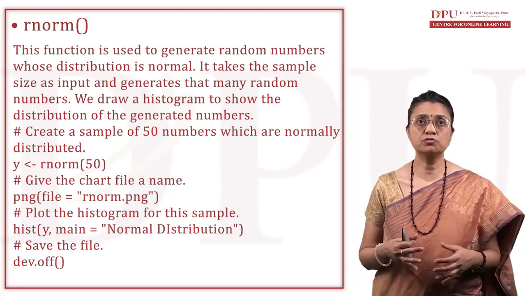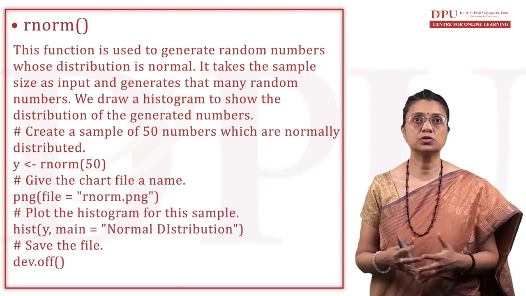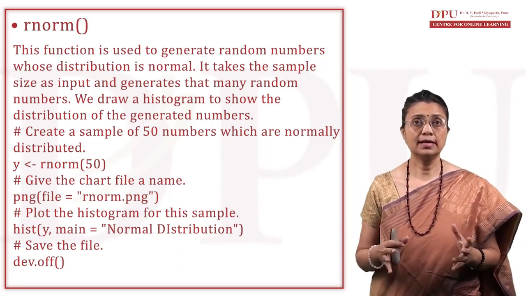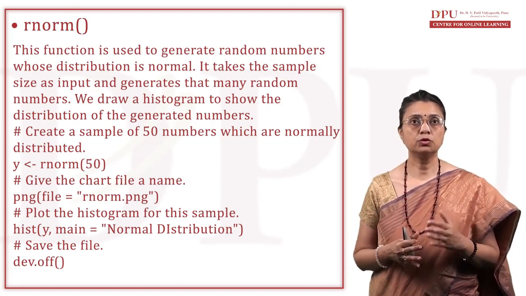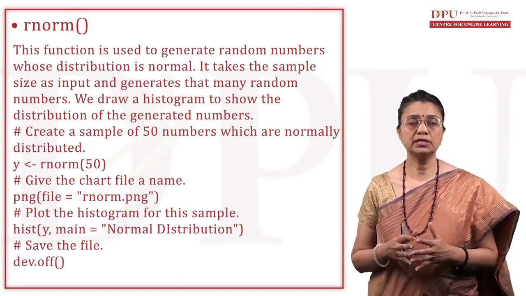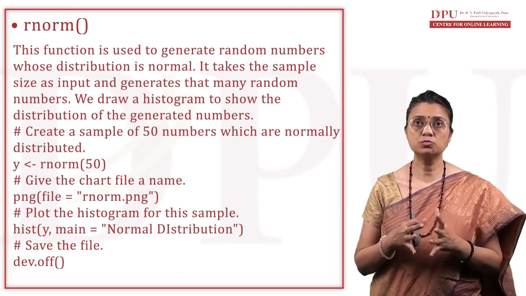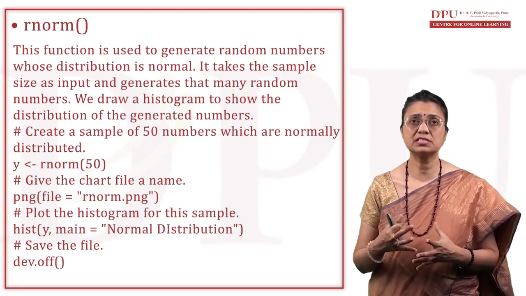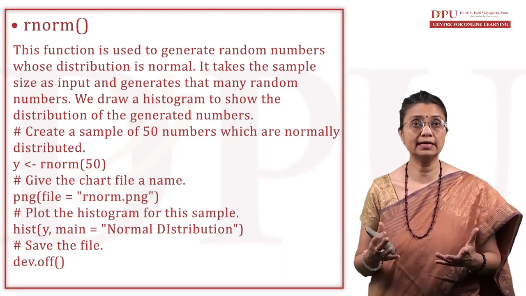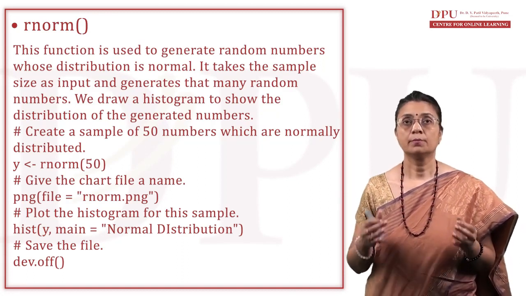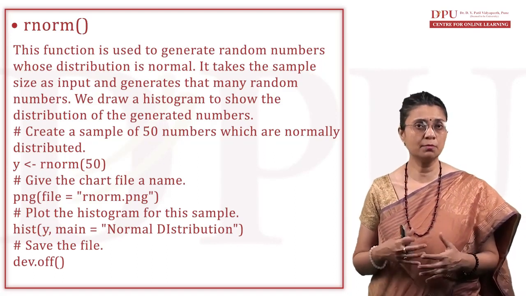Distribution means that I have to generate random numbers and all the numbers are near to each other. There are no outliers. Let's say I have to generate random numbers between 0 to 3. So 0 to 3 is 0, 1, 2, 3, which are very close numbers. So here the distribution would be normal because exceptional cases are not there. If the numbers are from 0 to 80, in that case, their range increases. But when I'm saying I'm generating random numbers and the distribution is normal, it means the numbers are very near